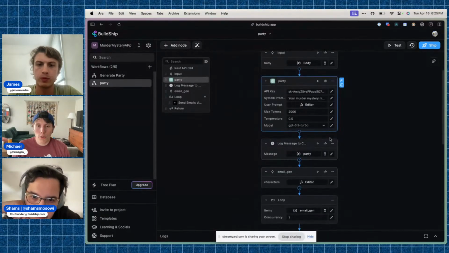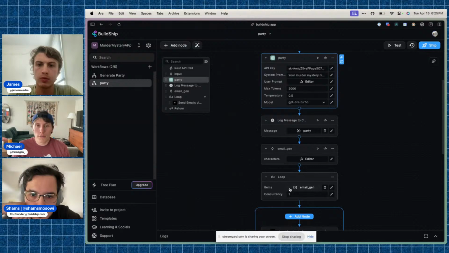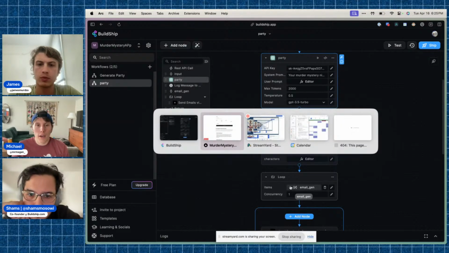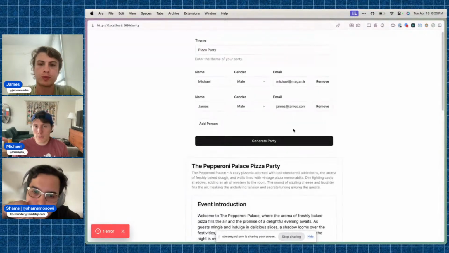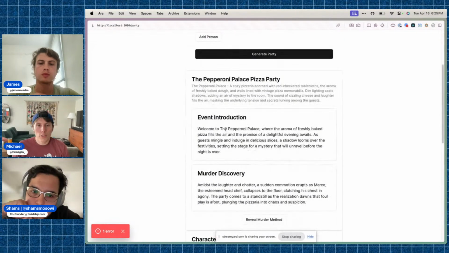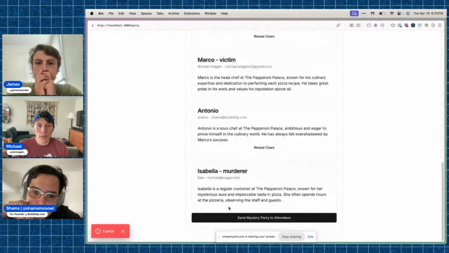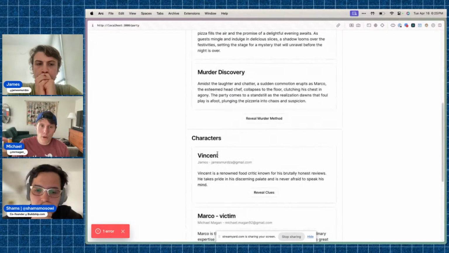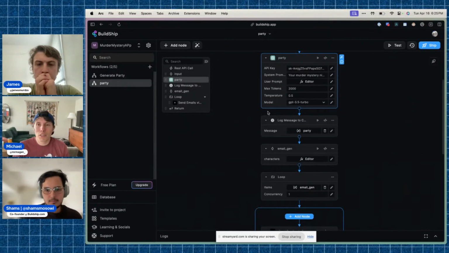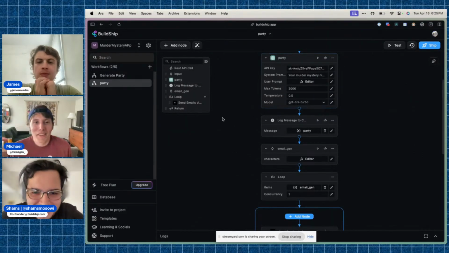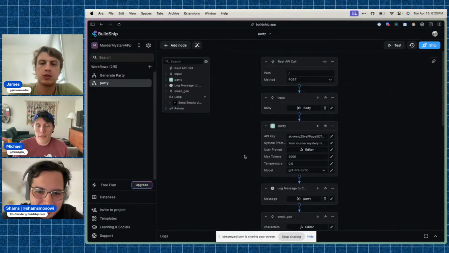Then I think in this one we were going to send the emails, but I decided it makes more sense for the goal of our session to just display it here and have a button, another API call, that sends it. Because you'd want to review it and make sure it looks right before you send your friends a bunch of emails. So that's where we got to, plus this UI that I created.